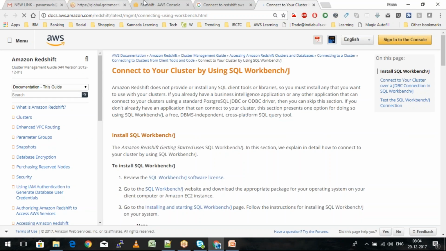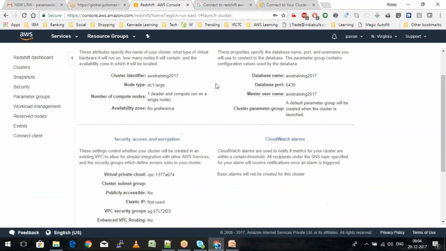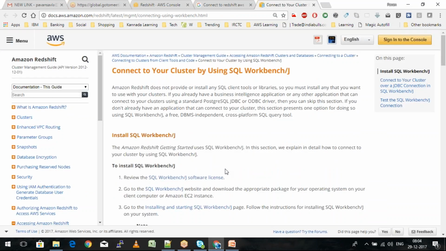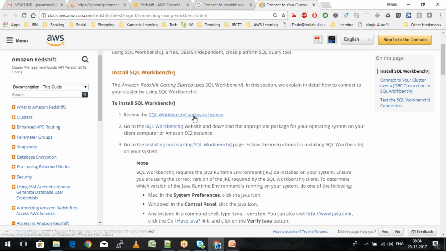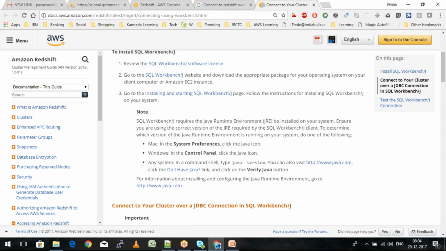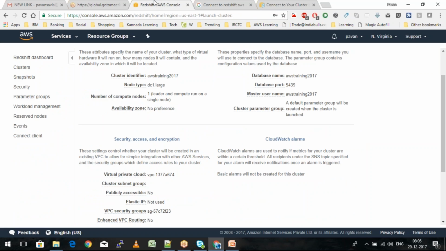So I need to pick up that endpoint, port number, database name, user ID, and the password, and pass it to SQL Workbench or any other third-party licensed tool available in the market, and then I can straight away get connected to this Redshift and start performing my analytical queries. So using the Data Pipeline, first I need to shift the data from the RDS to the Redshift. The Data Pipeline is the one service which helps me transfer the data from there to here.